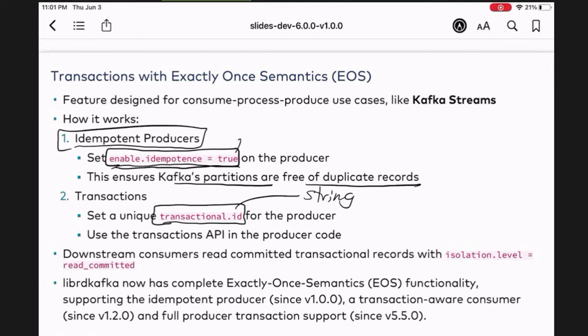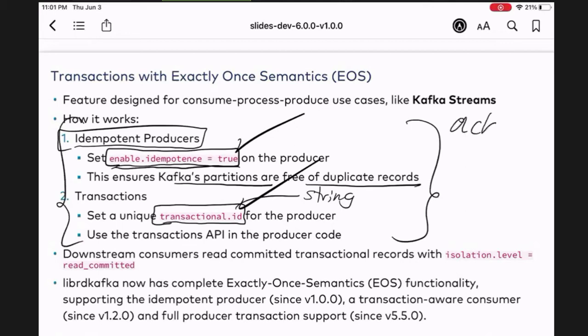Now I have idempotent set to true, I have the transactional ID, and that's on the producer side, right? And of course, you will want to set acks equals all as well in this particular case. So I have acks equals all, I have idempotent set to true, I have my transactional ID, and I'm writing to Kafka using my Kafka producer.